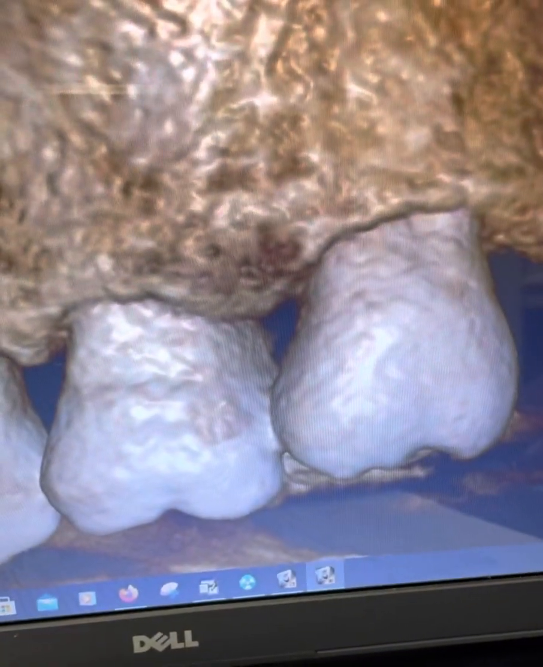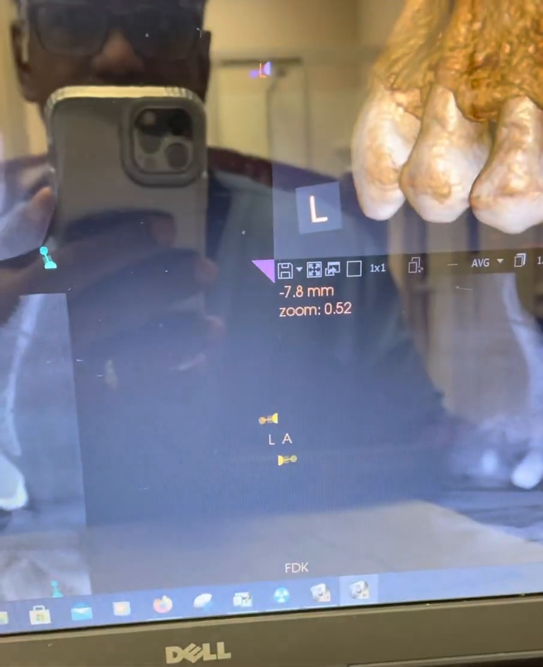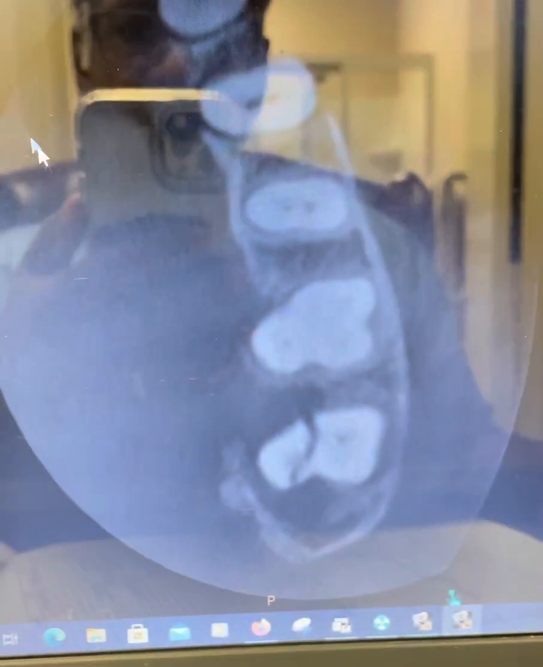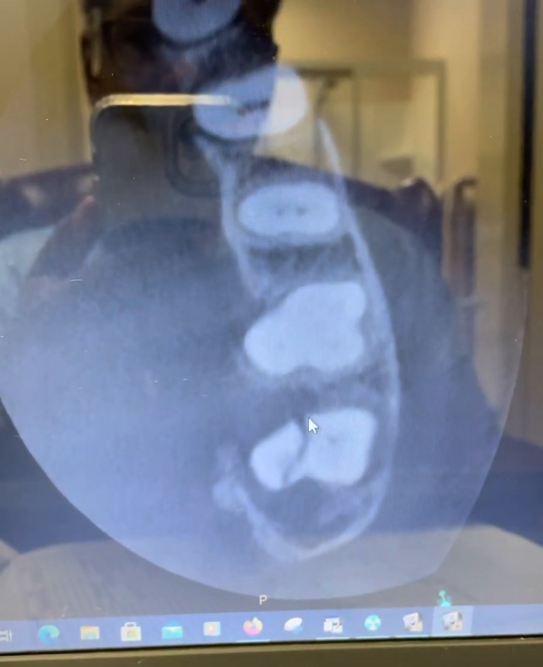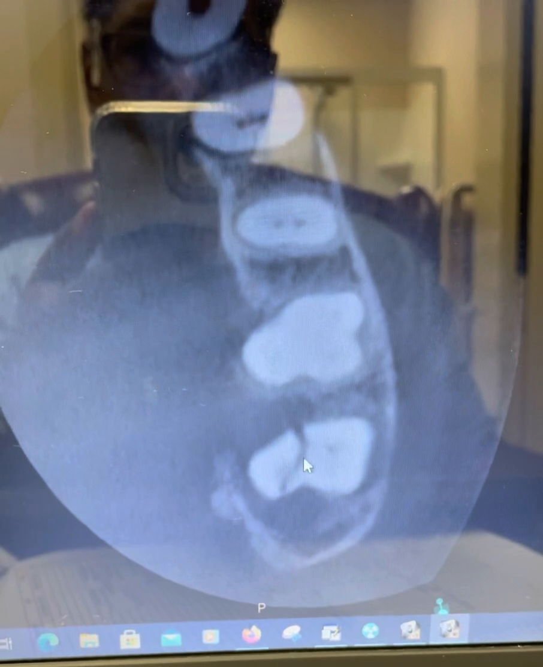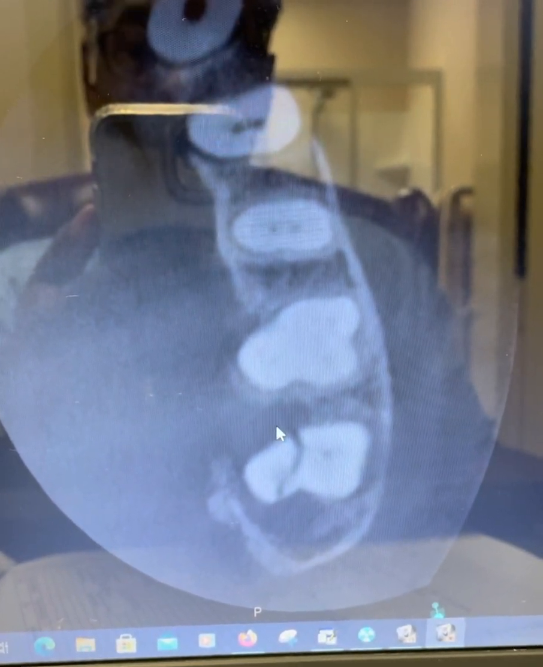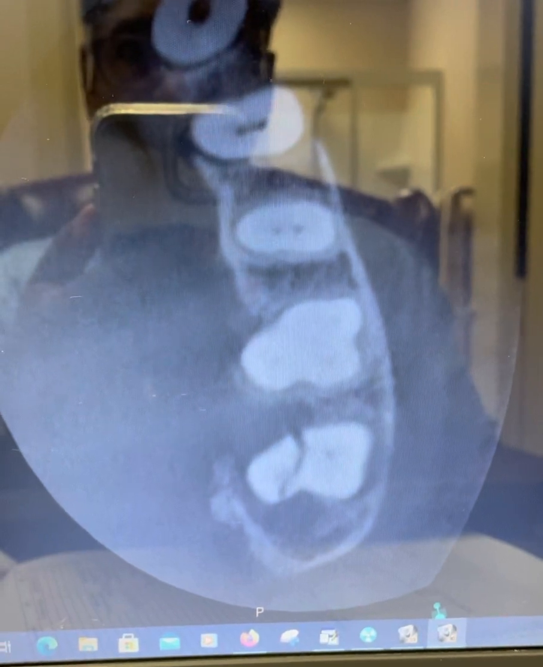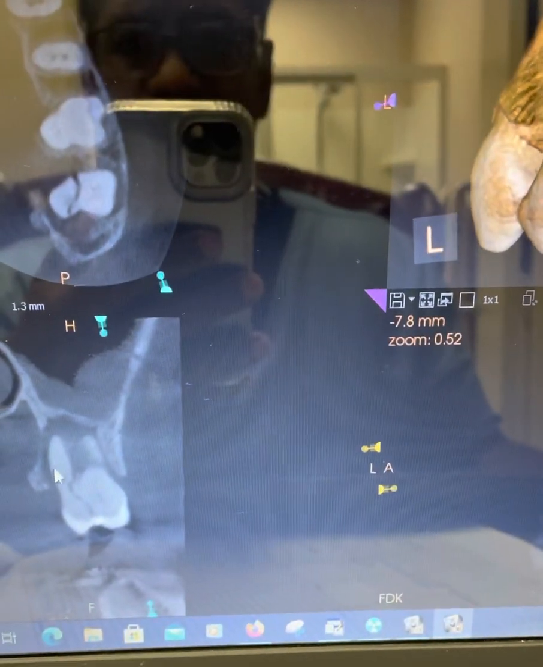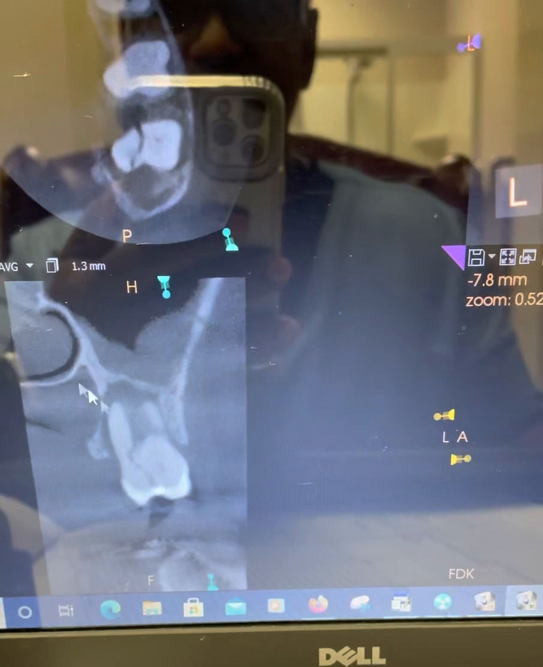And as we look at the axial slice here, we can see that this is a split root here. I'm sorry, this is the coronal. This is the axial slice. And we'll be able to also see the same thing here through the